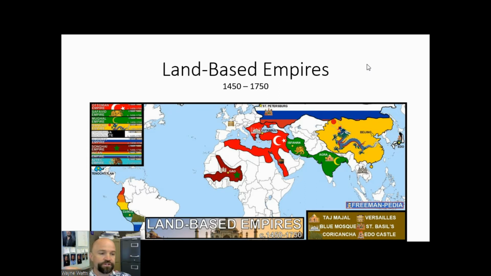The Dutch are going to build up their empire in Indonesia, but this unit is going to focus more on the land-based empires. So, first thing to note is that the Ming dynasty of China is going to end up giving way to the Qing dynasty, which is led by Manchus. Japan is going to have some interaction, especially with the Spanish, but then close itself off to foreign interactions. India, most of South Asia, is going to get conquered. So the Sultanate of Delhi will give way to